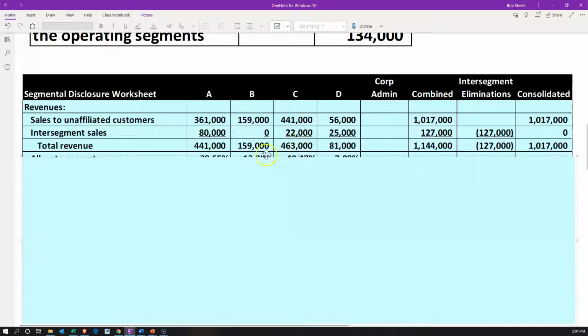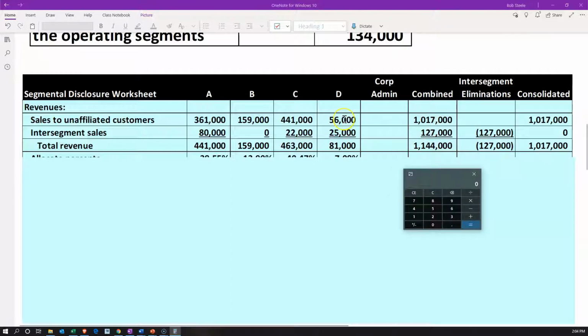Then if we add these up, we're adding up just the columns now. So these numbers added up here give us the 441, the 159, the 463, and the 81,000. As the table would typically be, as you would expect in a table like this, we can add this number up a couple different ways. It's useful to do that because it's kind of for a check. So this could be added up as